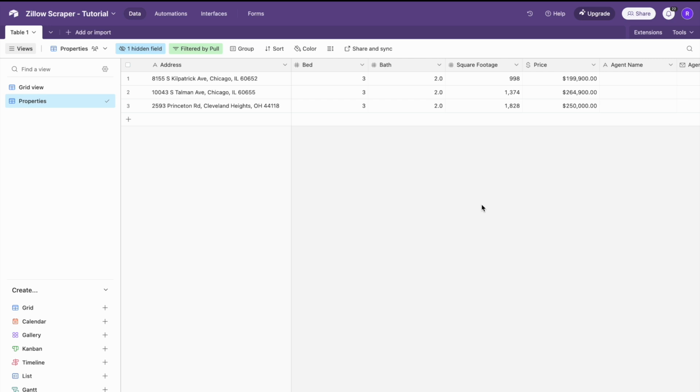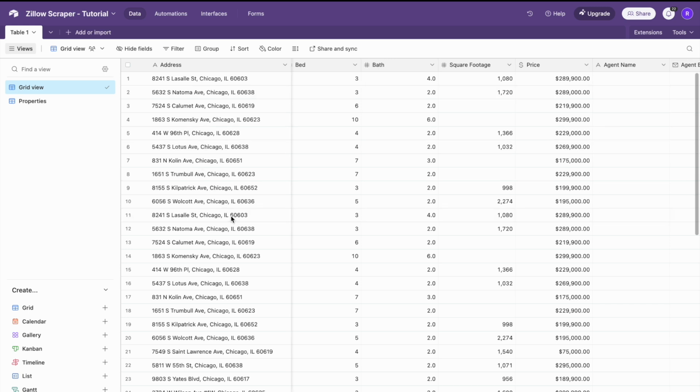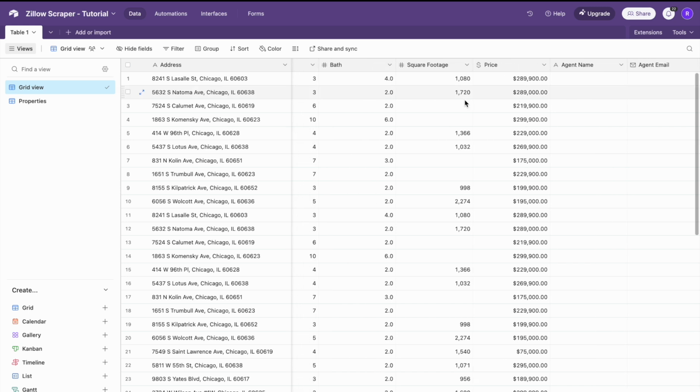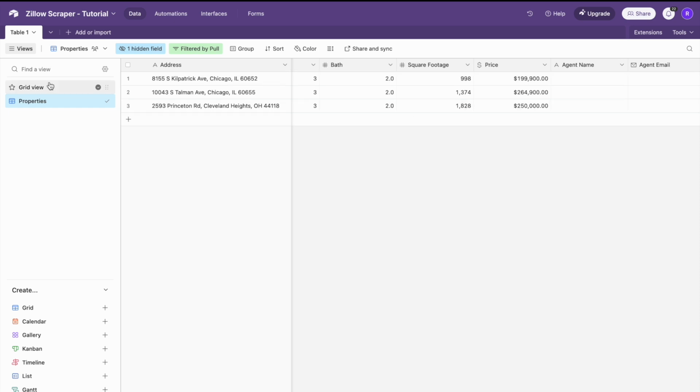In the last video, I showed you how to pull properties from Zillow using Make.com and then storing them in Airtable. And so what we did is we pulled a number of properties from Chicago and we've stored them in this Airtable. If you haven't seen that video yet, you're going to probably want to watch that before watching this video, because what we're doing in this video is we're not pulling property information from Zillow, we're pulling the agent's email, name, and phone. What I have here is we're going to use these three example properties, and I'm using